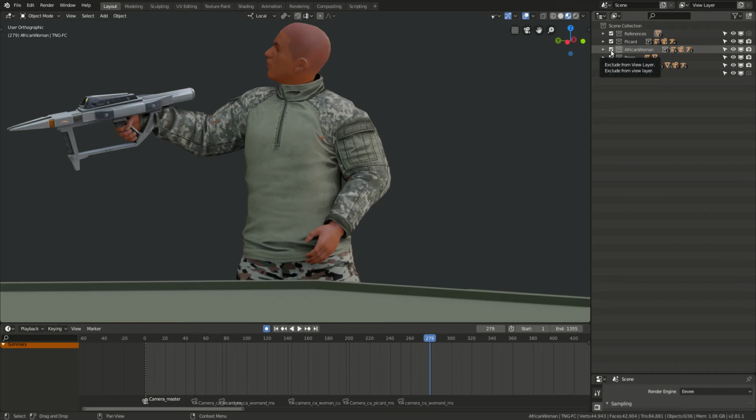What I did, I found that the MB Lab rig is not as great as the Rigify, and I can't remember his name now, but there's a gentleman who created an add-on to convert the MB Lab character, the MB Lab rig, to a Rigify rig. It works pretty well. I tweaked the add-on a little bit to,